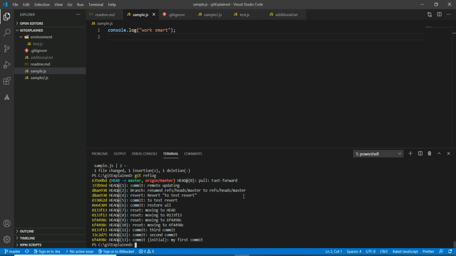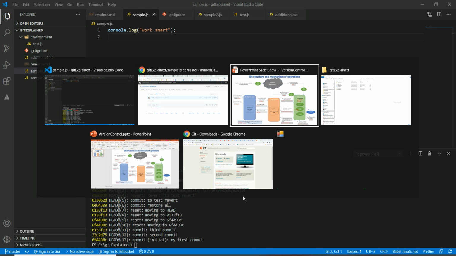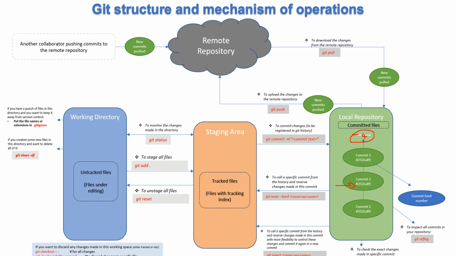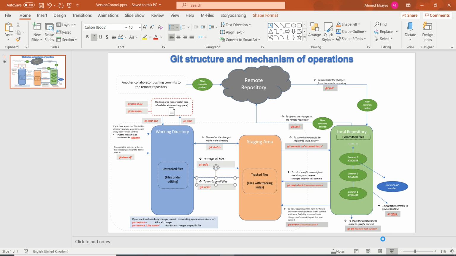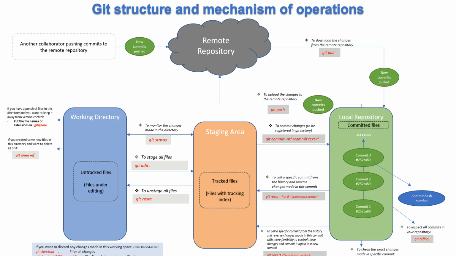So now we will see the last scenario, or the last issue which might happen. It might happen when you are working. Let's assume that we have a scenario where you are making some updates on your local drive system, and you want to push these changes, and by coincidence your colleague who is working on the same project